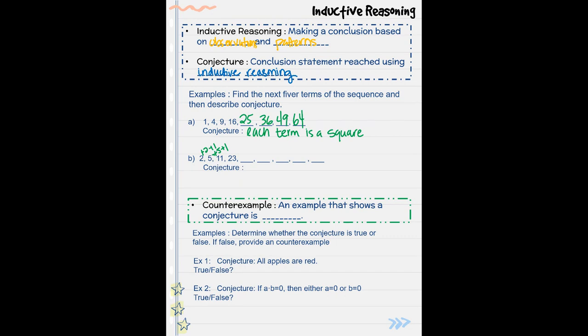So what I was saying was if I take 2 plus 5 plus 1, that gives me 11. 11 plus 11 plus 1 would give me 23. So it looks like I am doubling my term. So then this would be 23 plus 23 plus another 1. So that would be 47. And if we do that math all the way, 95, 191, 383, 767. So our conjecture is, what did we do? We doubled the previous term,